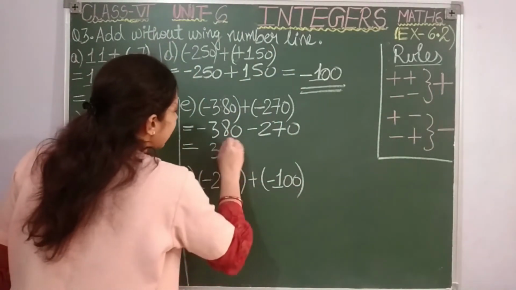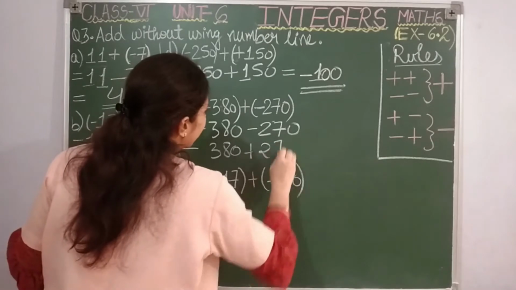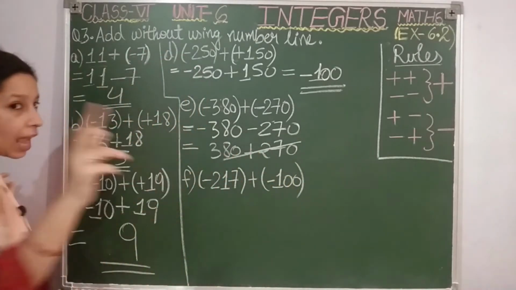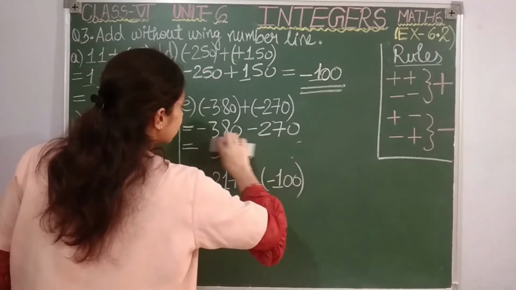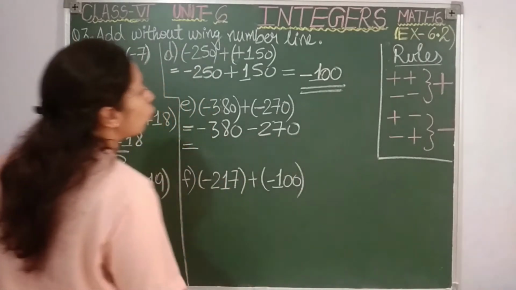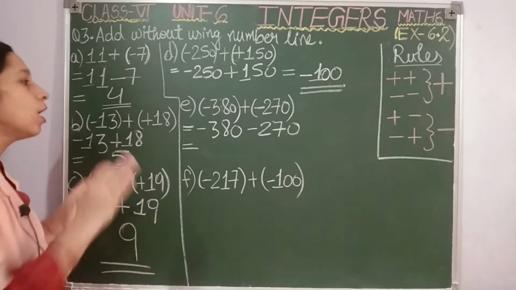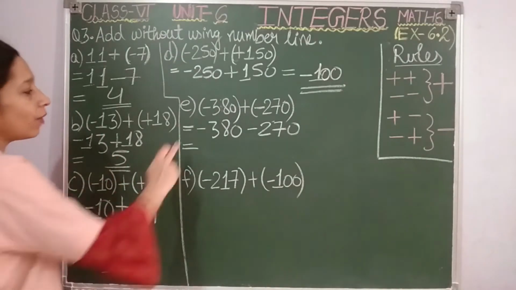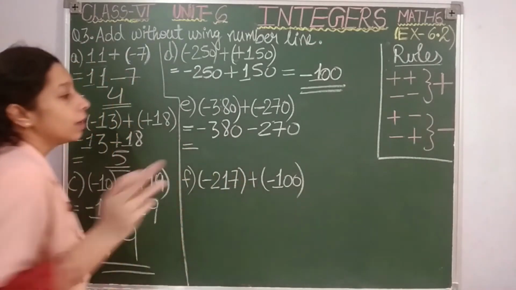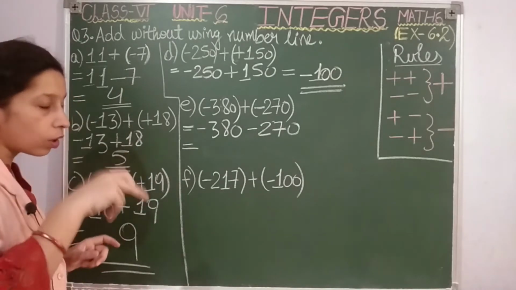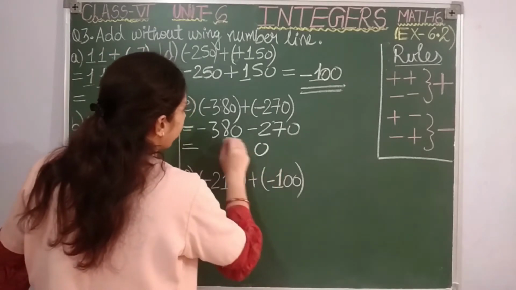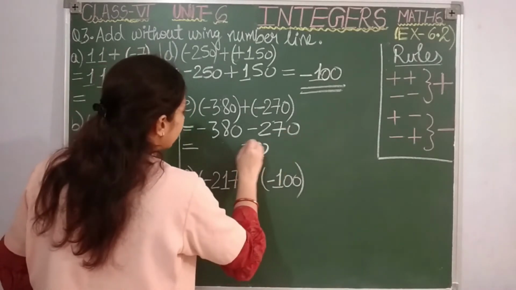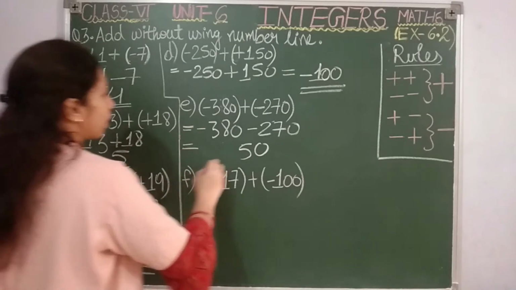लेकिन आपको ऐसे लिखना नहीं है 380 plus 270. Don't do this. This is the second time I am telling you. You are not going to write the integers in this manner. आपको मालूम है कि आपको रूल के अकॉर्डिंग क्या करना है, प्लस करना है. So simply add, because sign we have to decide according to the signs with the integers. So you are not going to write plus there. Simply add them. 0 0 0, 8 plus 7 15, 1 carry over, 3 plus 1 4, 4 plus 2